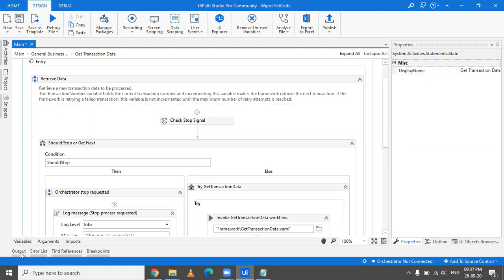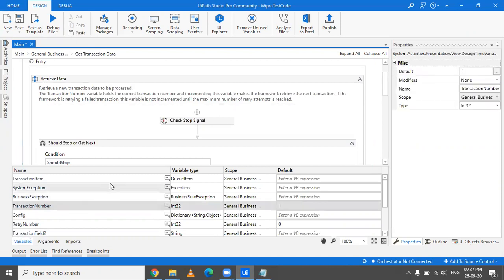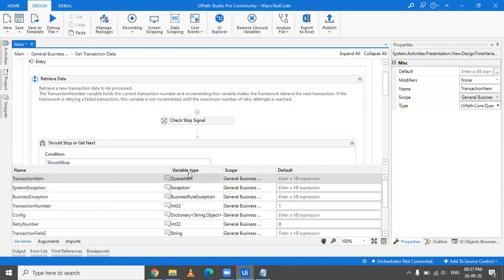If we just look here at the variables, there are some global variables already defined in the RE Framework. You see here there is the transaction number. You have the transaction item, which is by default a queue item, but you can definitely change it according to the type you want to use in your RE Framework.